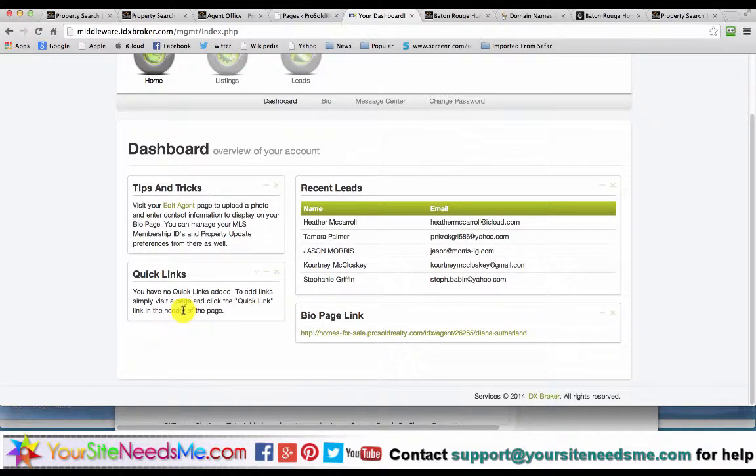So this is your agent control dashboard. If you have any questions, you can always contact me, Char Bennett, at yoursiteneedsme.com. And you can email me at